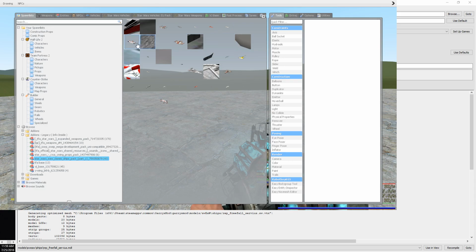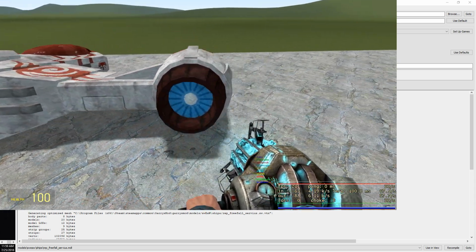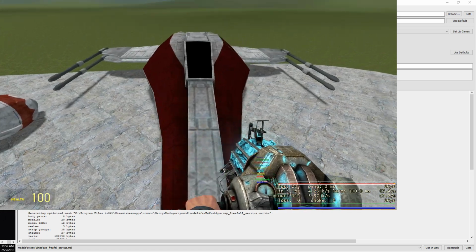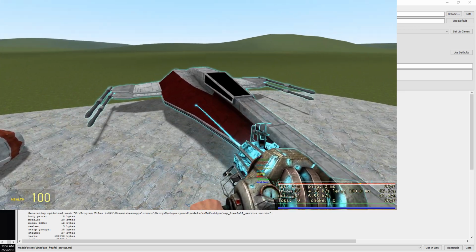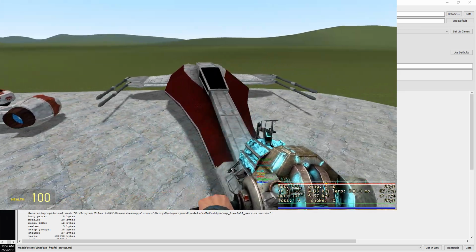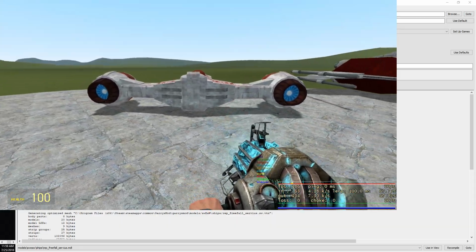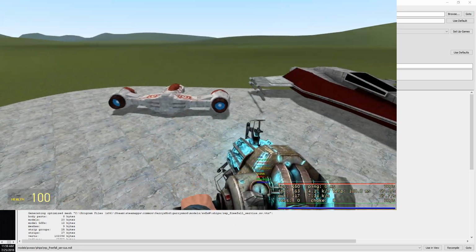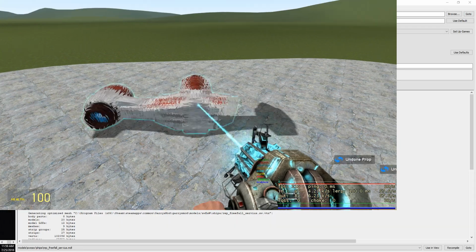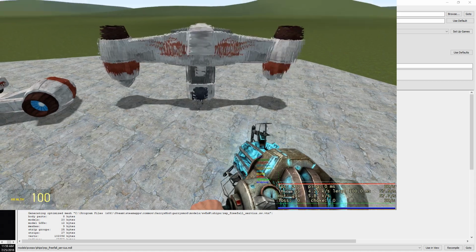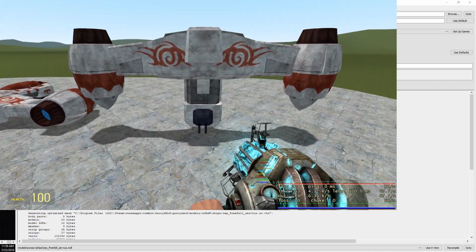So for reference to what I'm doing, here's the original freefall. The problem with it was that it was facing the wrong way. This is one that's already facing the correct way towards the player. This one's spawning away from the player. So what I need to do, leave this here. I'll spawn the one that I have. Obviously an orientation issue,